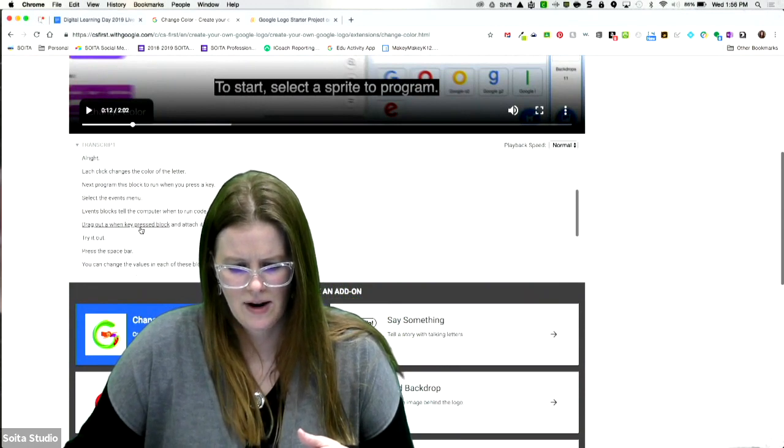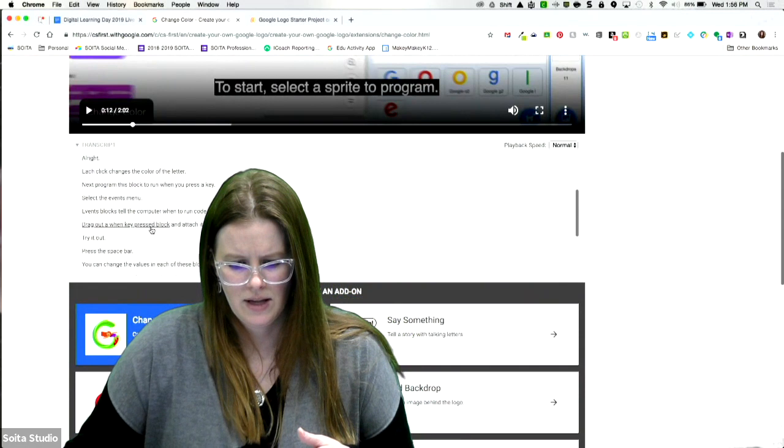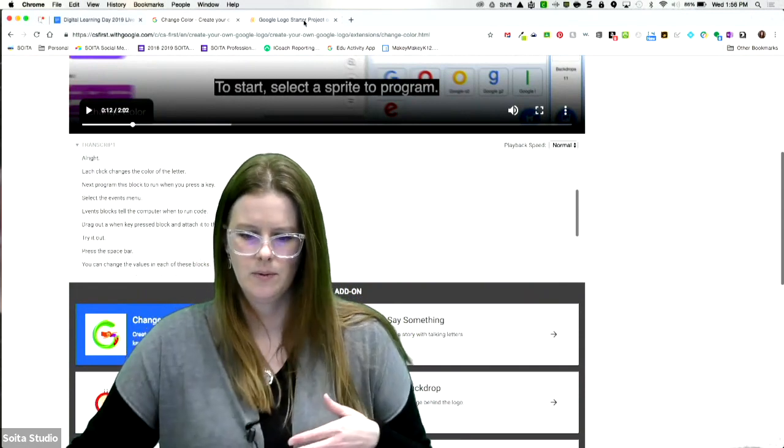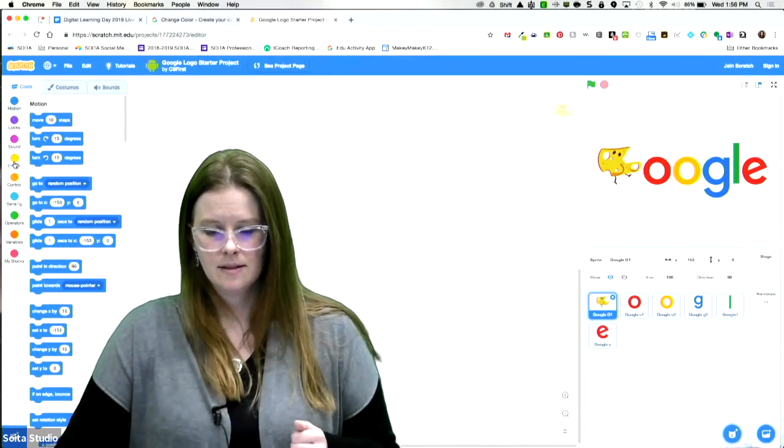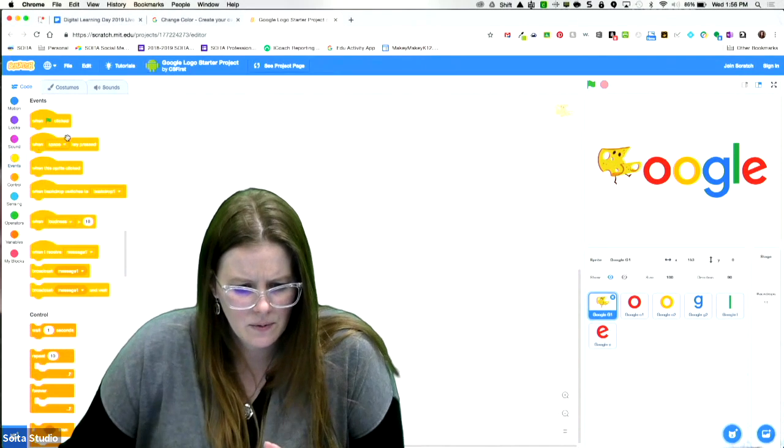Event menu, drag out the when key press block and attach it to the change color effect block. So we would come over to events over here in yellow. When